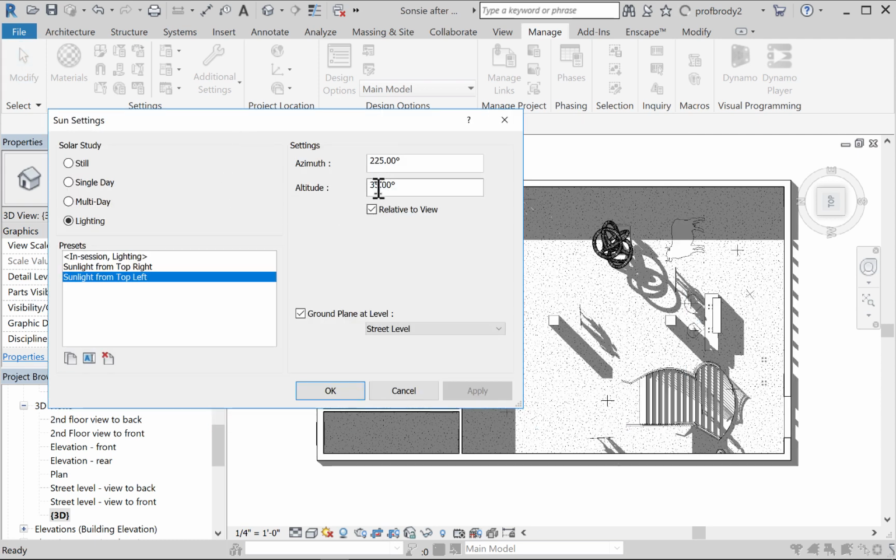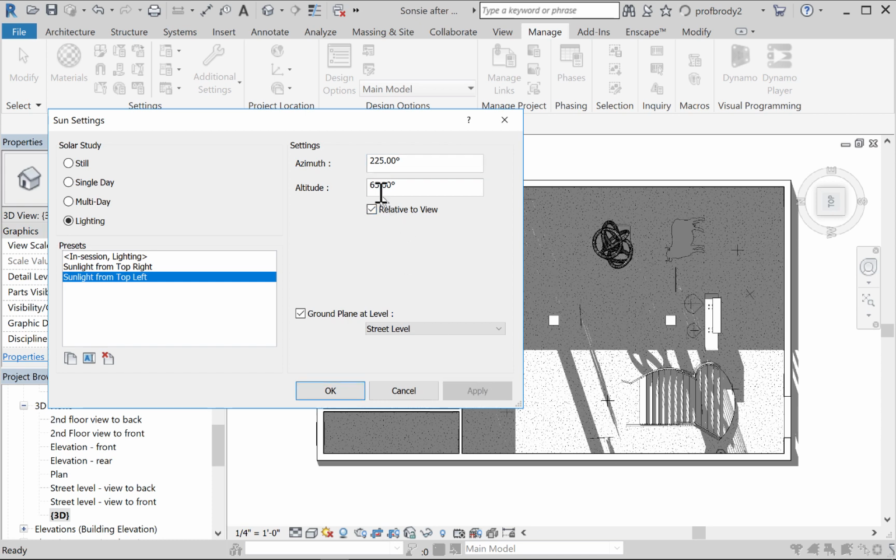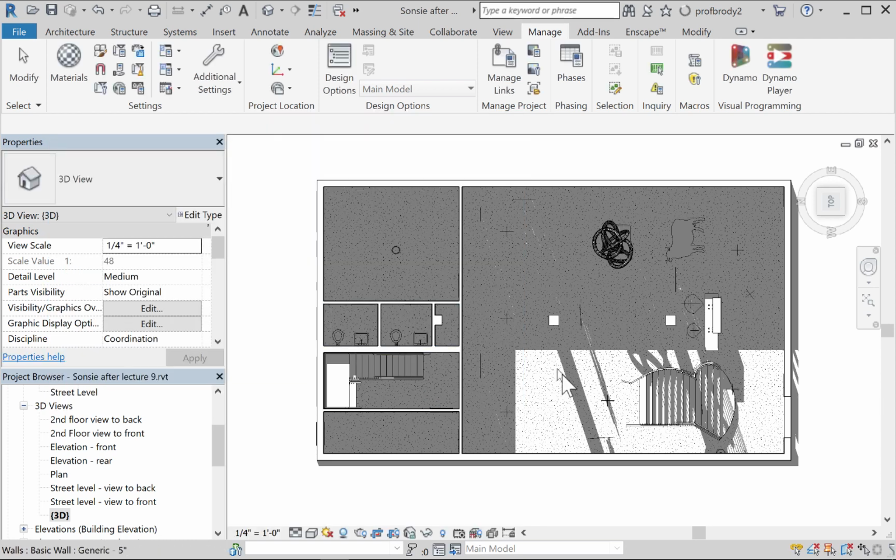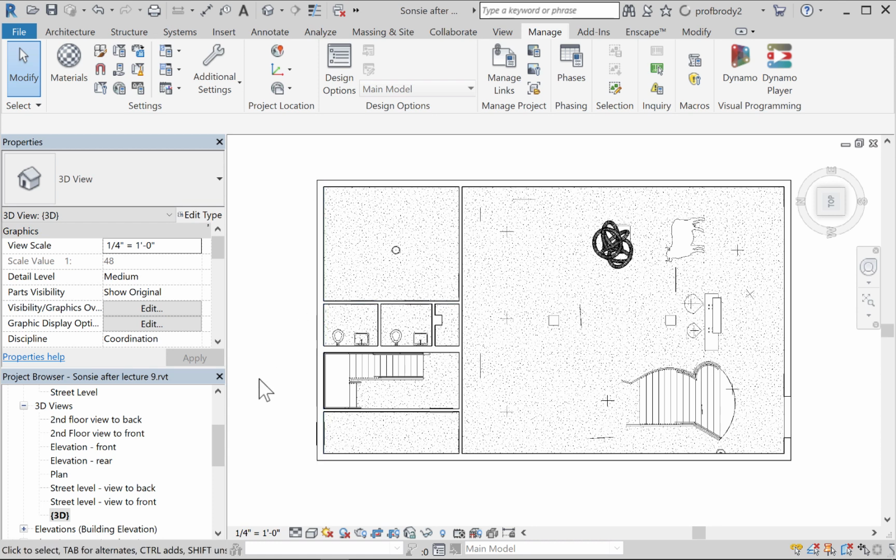You can also change the altitude and azimuth, and again, it's not the most user-friendly thing, but oh, I guess I gotta go the other direction. Whoops, oh well. Anyway, you can change the lighting settings to get something a little more dramatic. Let me turn those shadows off, though. Now, the other thing that you can do is try rendering this. Believe it or not, you